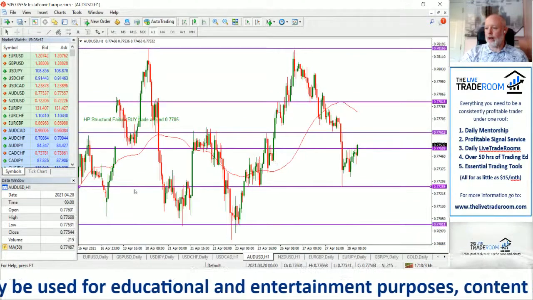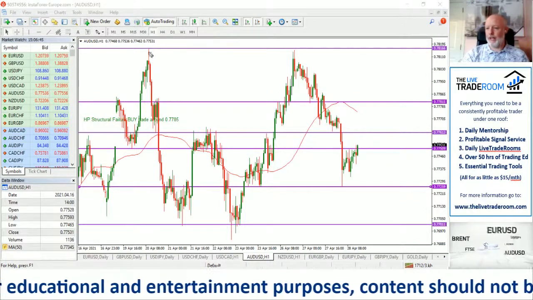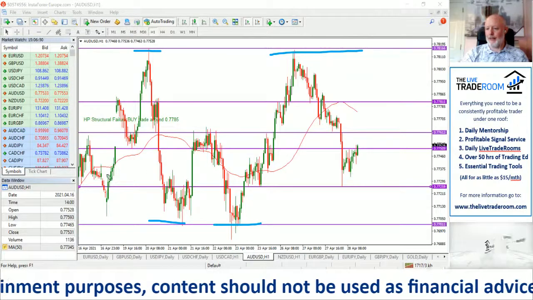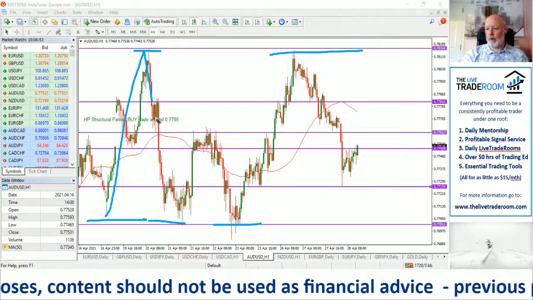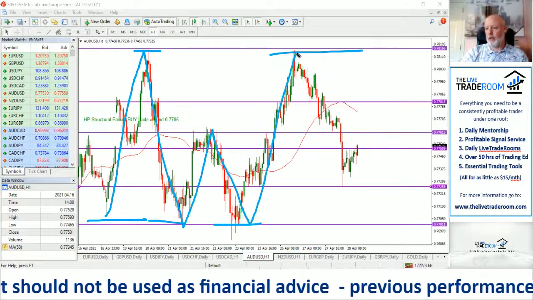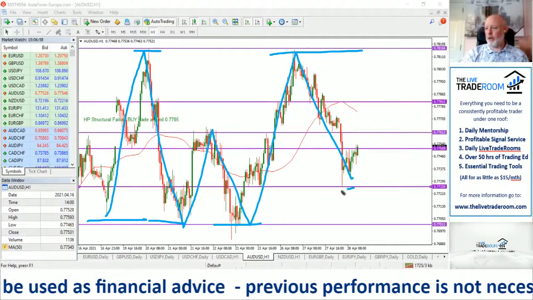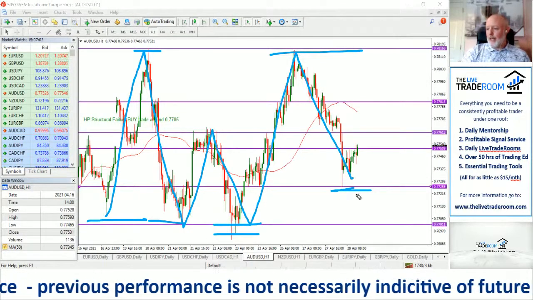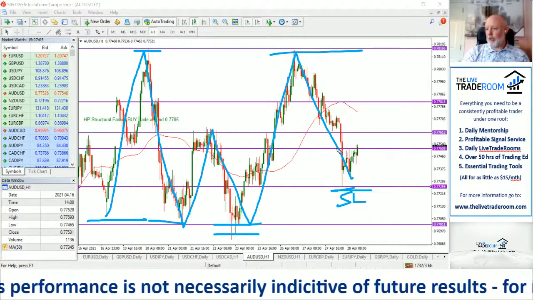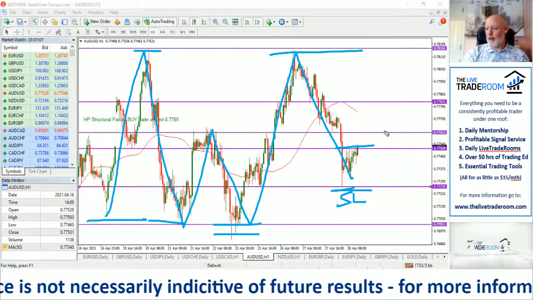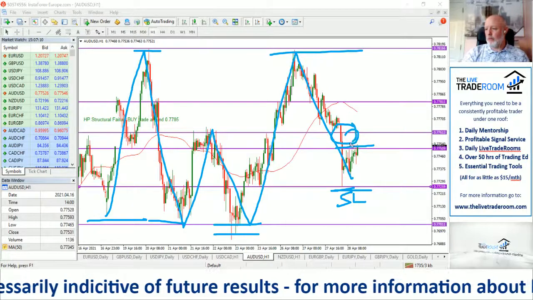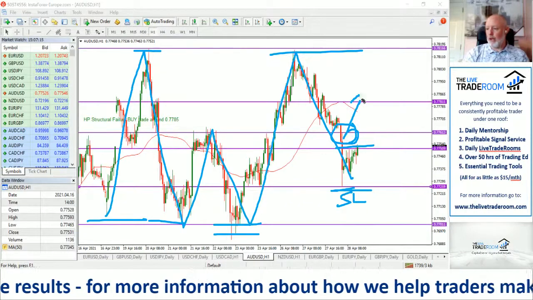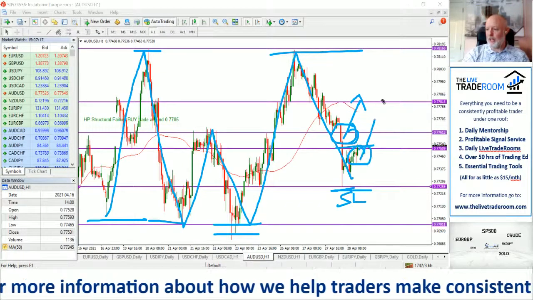Just to track what's going on, as you can see, it's quite a range bound sort of up and down type of market, isn't it? So we want to kind of bear that in mind. So that's the market condition. We do have sort of a lower high just sitting in here, so this is a good technical place for a stop loss, and this is the pullback trade. Ideally we'd like it a little bit higher, but it looks like we've pulled back to a much lower level. So we would have liked that, but what we're looking at is potentially that.